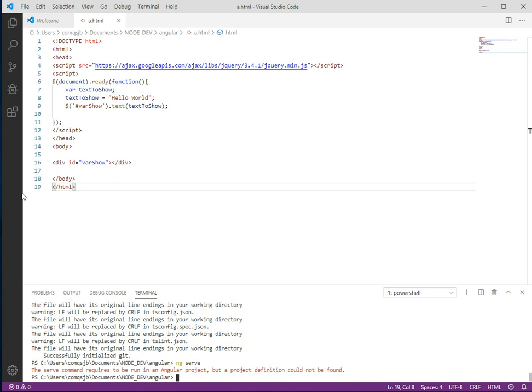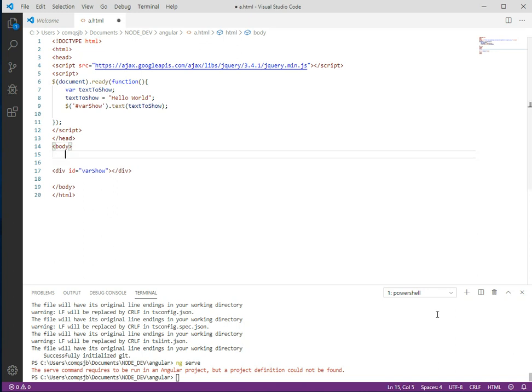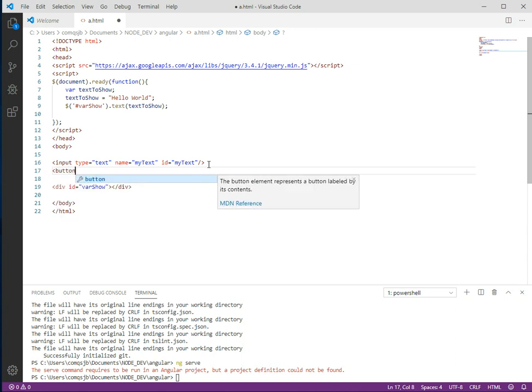Let's also add an input box and a button. So just put in there input type equals text. This is going to be in pure JavaScript, so sort of jQuery. Name equals my text, and also make ID equals my text. Okay, and then I'll end the input, and then I'll put a button, and I'll say something like